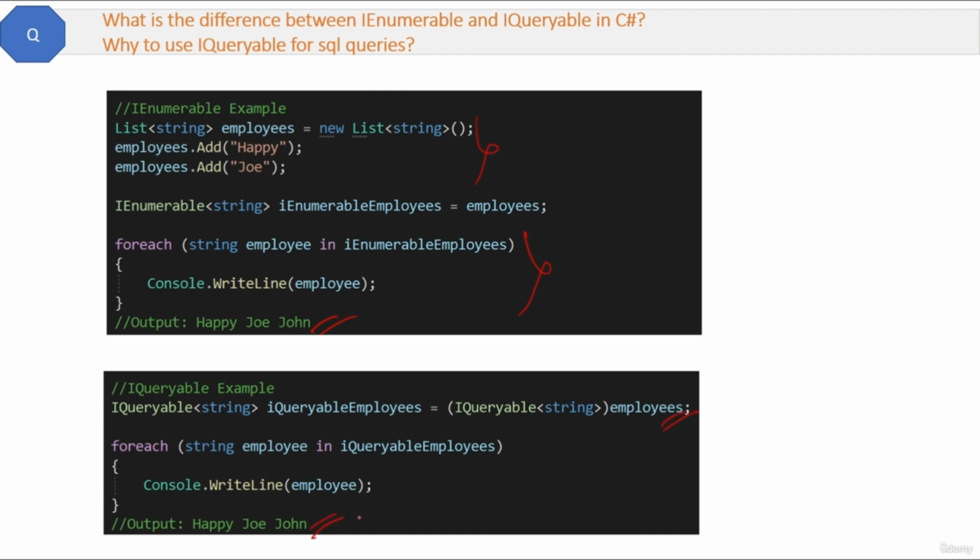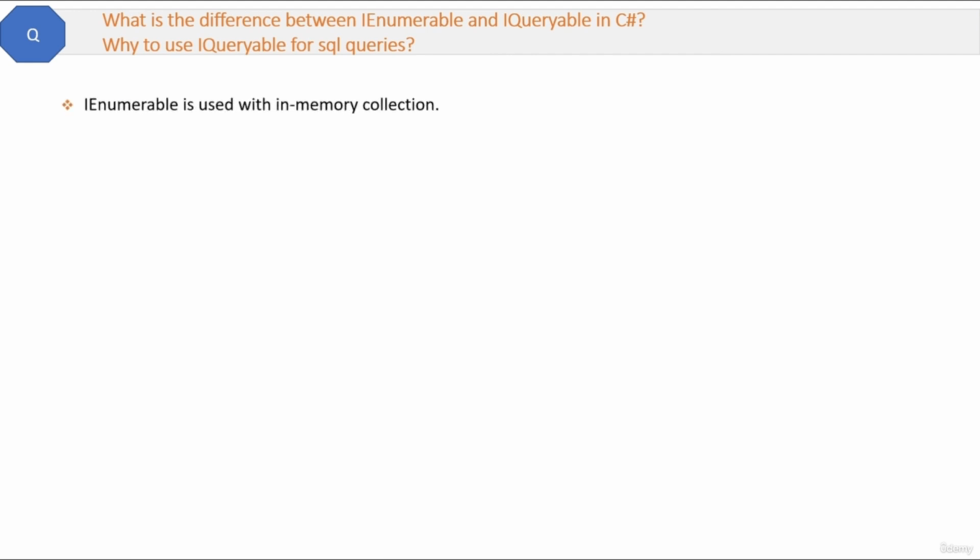Now the point is, why do we need IQueryable when IEnumerable is already there? The reason is IEnumerable is preferred with in-memory collections like array and array list. All these are in-memory collections, or in-memory objects you can say. Whereas IQueryable is better for getting results from a database. So suppose you want to get records from the database through LINQ. For that, first you will